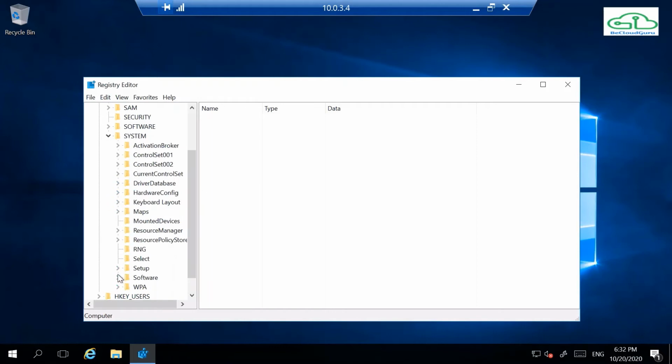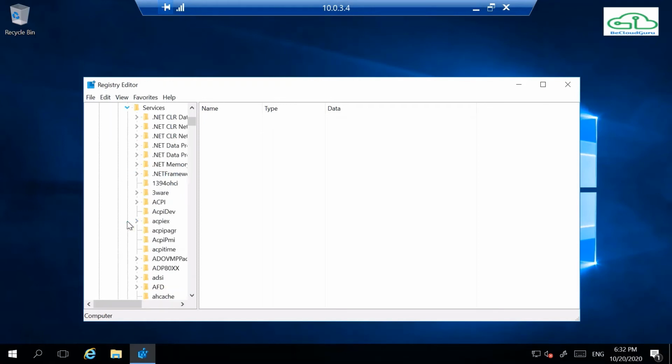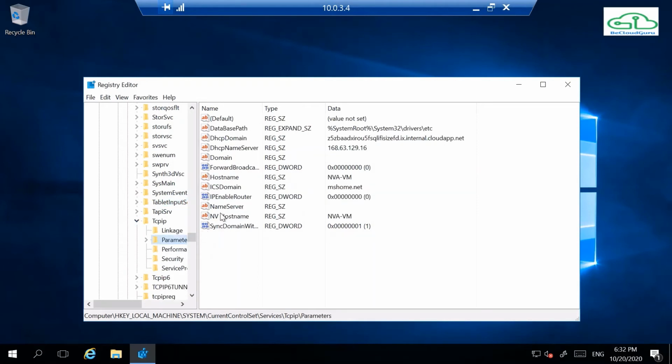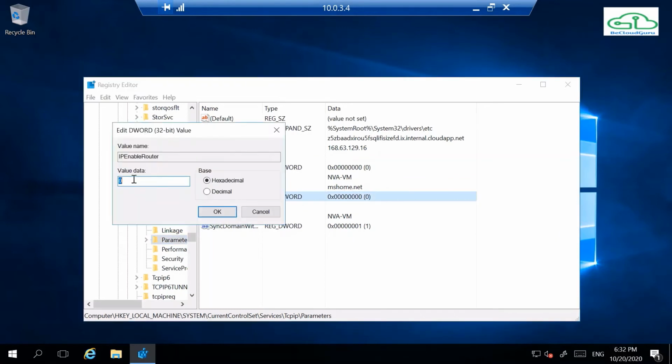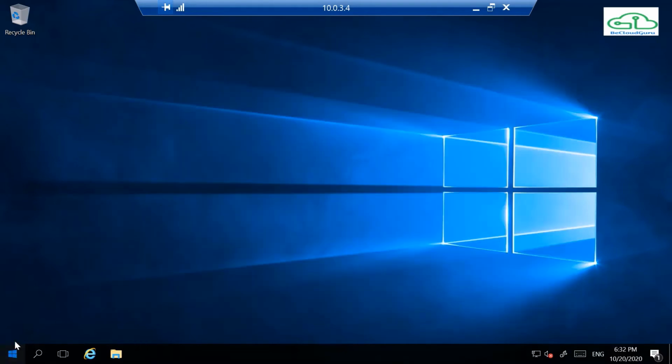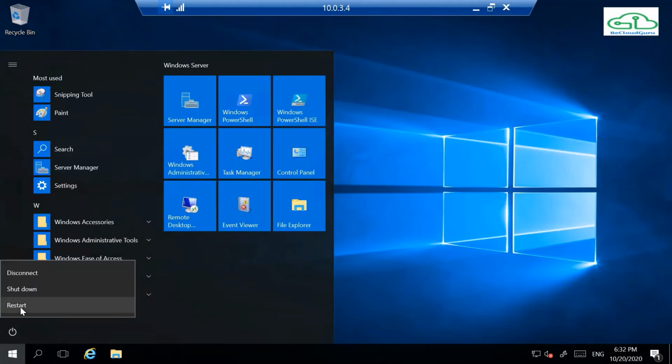Under System you'll have CurrentControlSet, and then Services, and here you need to find Tcpip. Under it you need to find Parameters, and then you'll find a value called IPEnableRouter. Double click it. It would have a value of 0, convert it to 1, and click OK and restart this machine. It would require a restart.